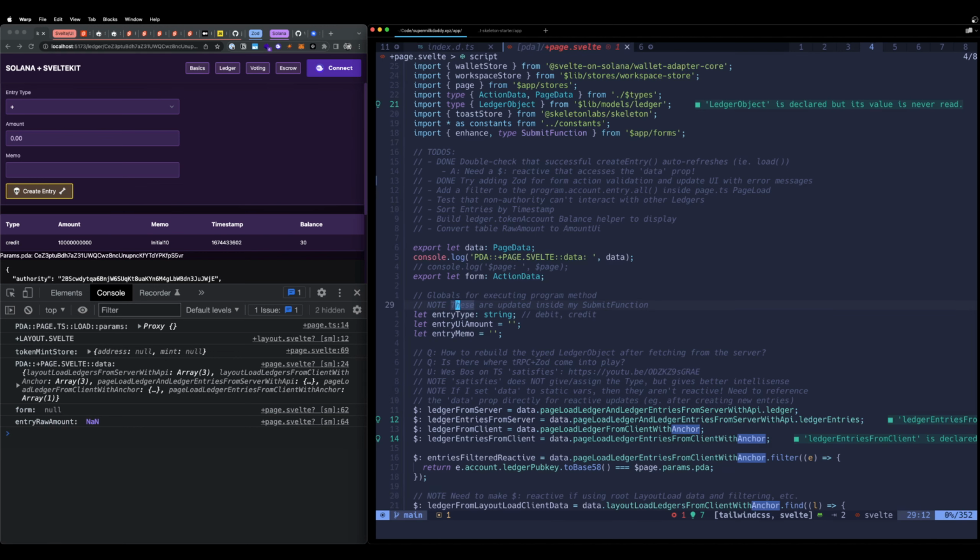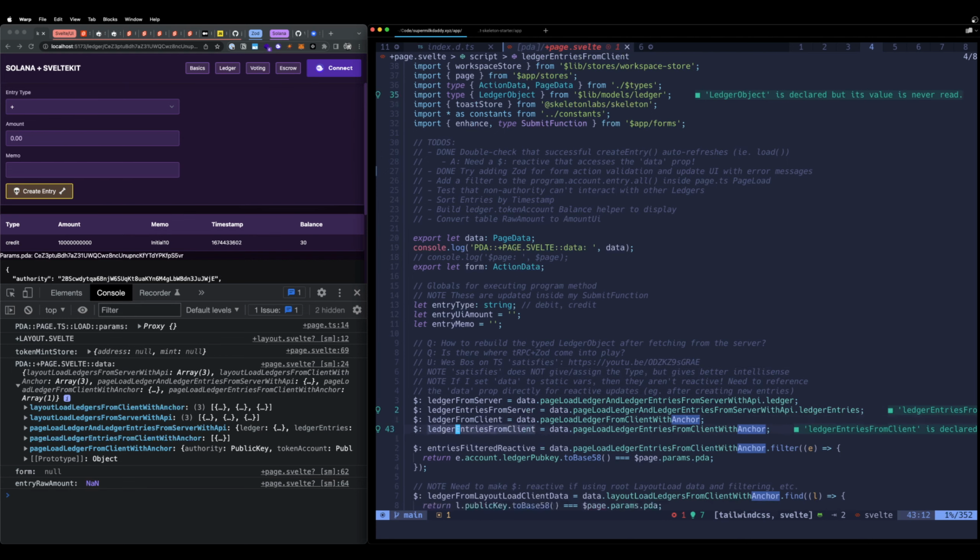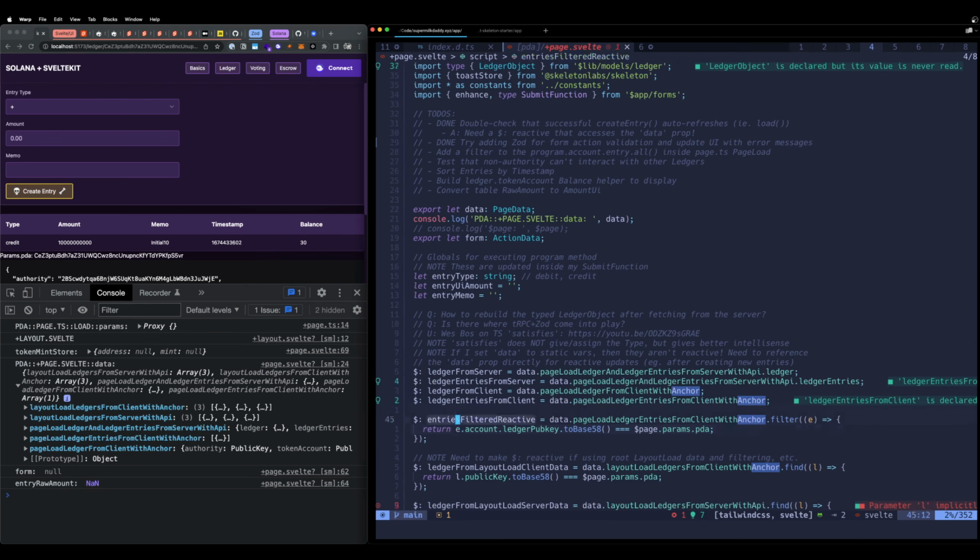If you look in my log, page svelte data object. I have all these different scenarios, layout load versus page load, some going through the API, some going through the client. So I'm overfetching like crazy, just experimenting with it. But one thing that I need to do is add some filters for the entries, to where right now, to